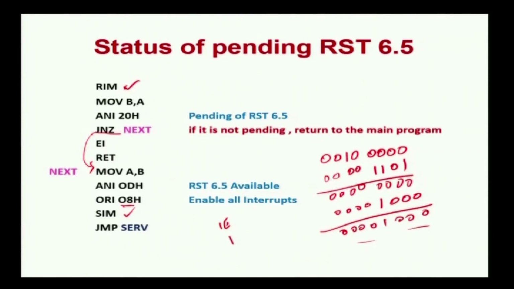The processor now performs its interrupts, it will read the RST 6.5, and the corresponding ISR program which is in this location will be executed. This is the way to identify the interrupt, whether the interrupt is accessed or whether it is in the pending status. So, we have discussed what an interrupt is, and how the interrupt is processed by the processor.